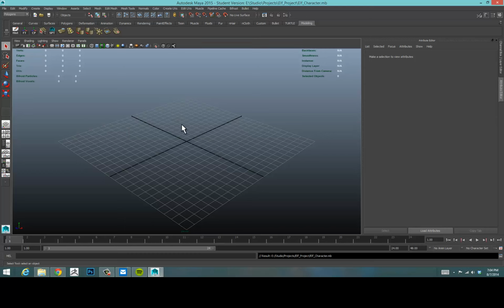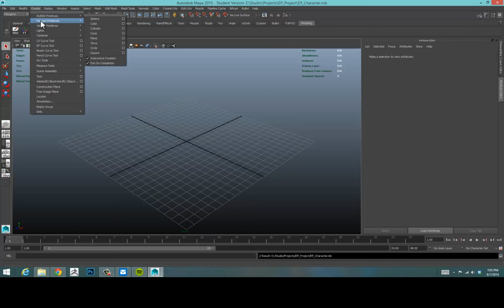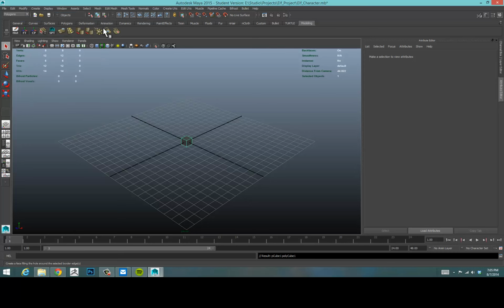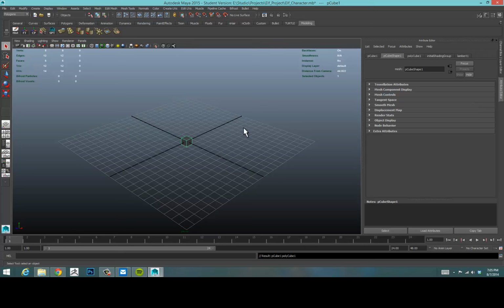So I want to think about how large my elf creature is. So probably not super tall. I envisioned him as being sort of a smaller character, so maybe like 4 feet tall, and that's probably a good place to start, is 4 feet. So I'm going to create a cube by going to Create, Polygons, Cube, and I want to look at